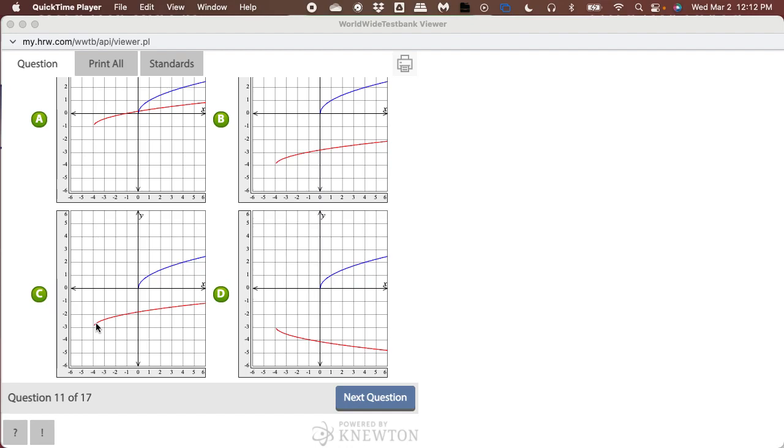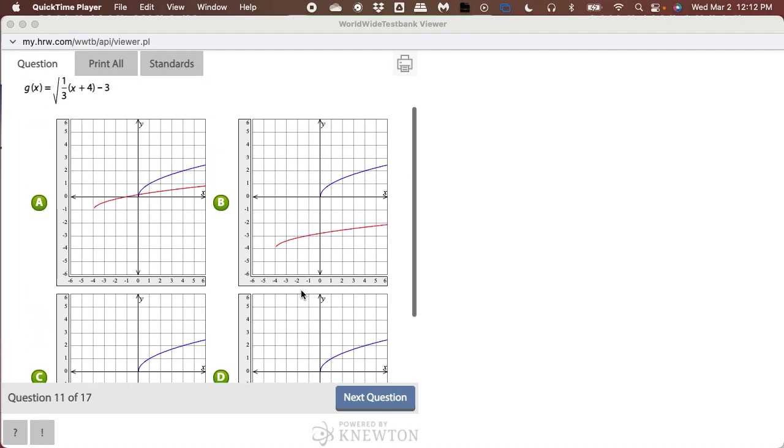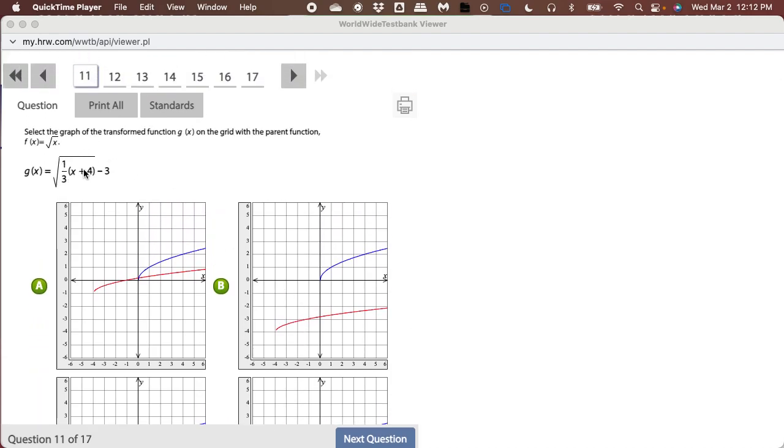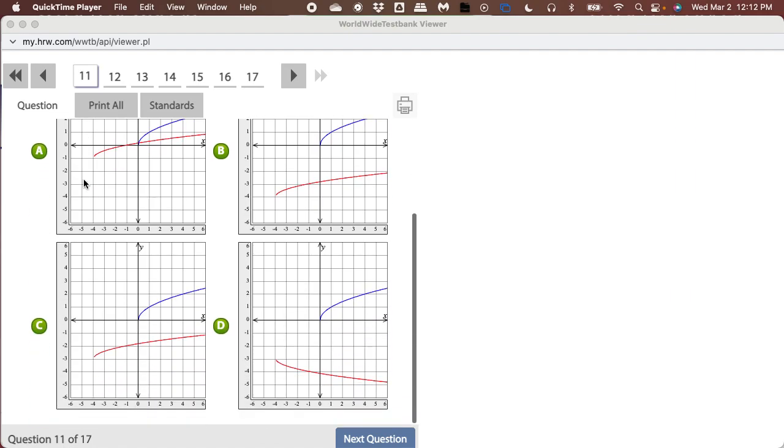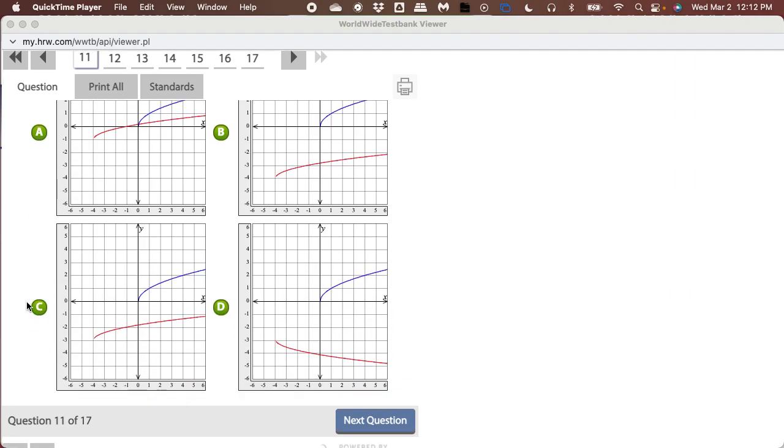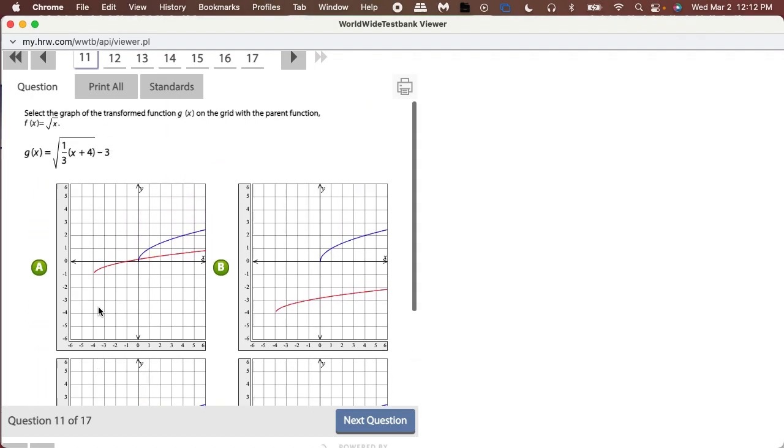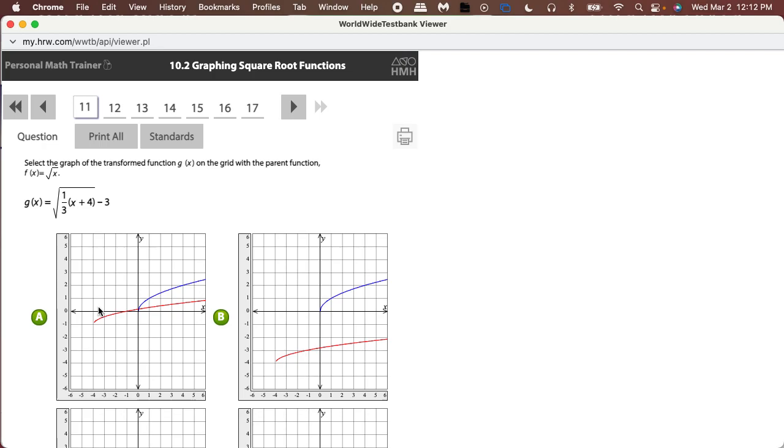C has got -4, -3. Even though it's not very perfect, it is what it is. D is incorrect because it reflected, and there is no reflection on our transformation. There's no negative multipliers. So -4, -3. And let me see, for number 11, we do not have to write about the domain and